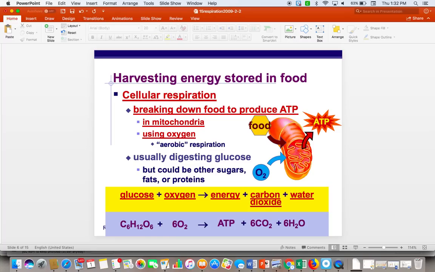This is the mitochondria, which is where we're going to do the aerobic pathways of cellular respiration. So our mitochondria kind of looks like a jelly bean. We have an outer membrane, we have an inner membrane, which you see here, and you kind of see with my cursor this yellow region here. This innermost region of the mitochondria is called the matrix, and that's where the Krebs cycle is going to occur.